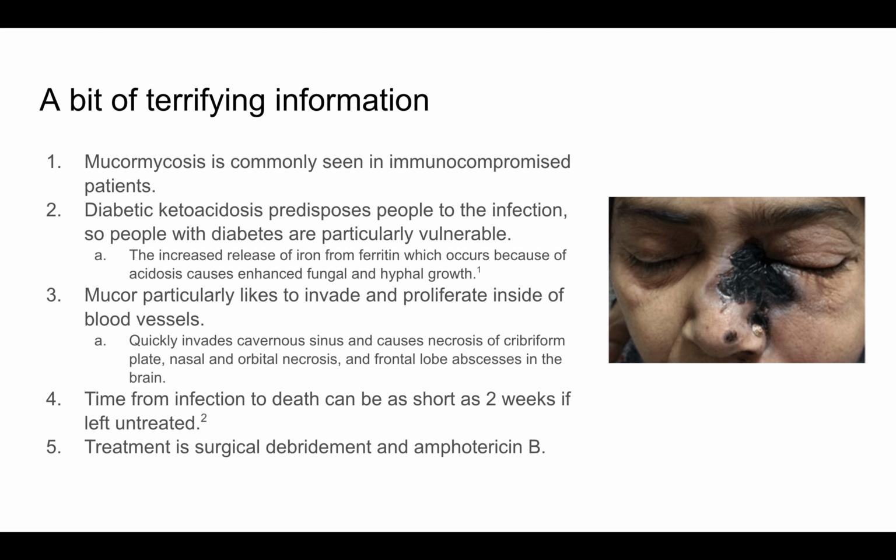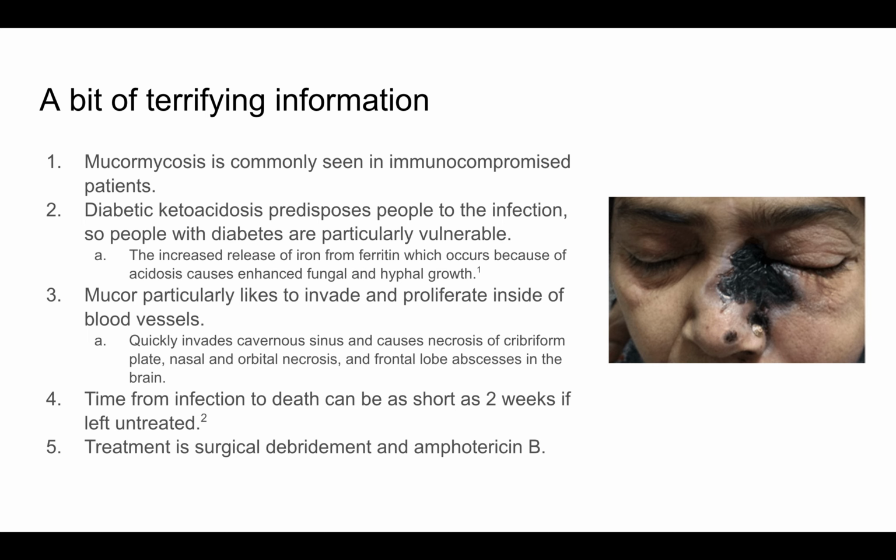infection. Once mucor is in your system, it particularly likes to invade and proliferate inside of blood vessels. So once it gets into the blood vessels in your nose, or your eye, it can quickly go to the cavernous sinus and proliferate very quickly and invade through the cribriform plate and cause necrosis of the bones of your cribriform plate and can cause frontal abscesses in your brain, or it can invade out